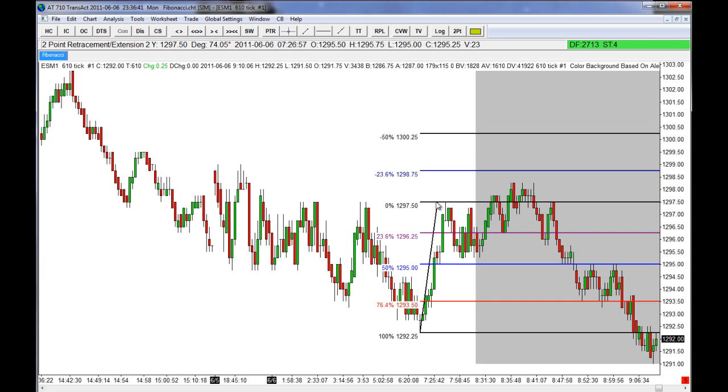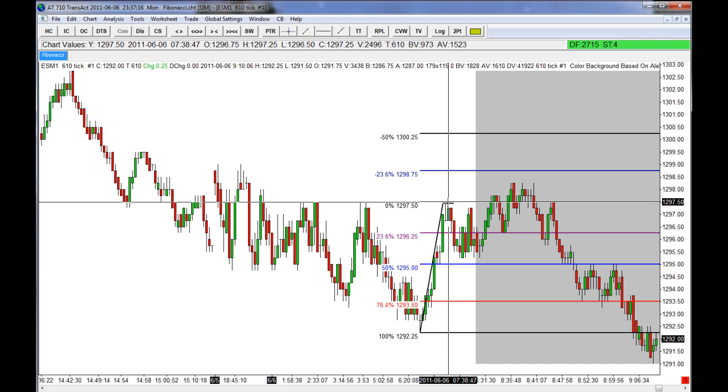So if you remember, one of the rules I included recently was that when price breaks the 76.4% line twice consecutively, it becomes a bit riskier, and it would be better if you just wait for price to choose where it's going to go, or to show a clear direction. Well, in this case,